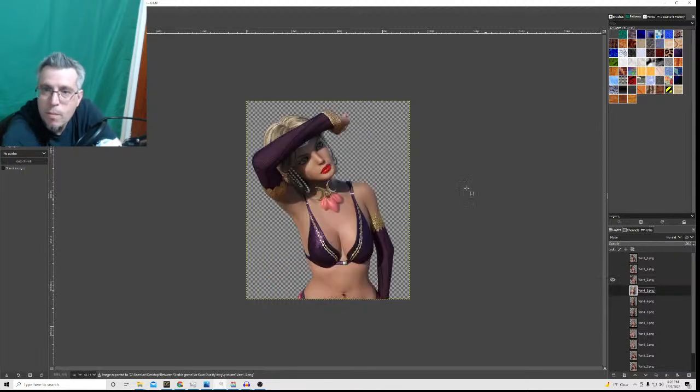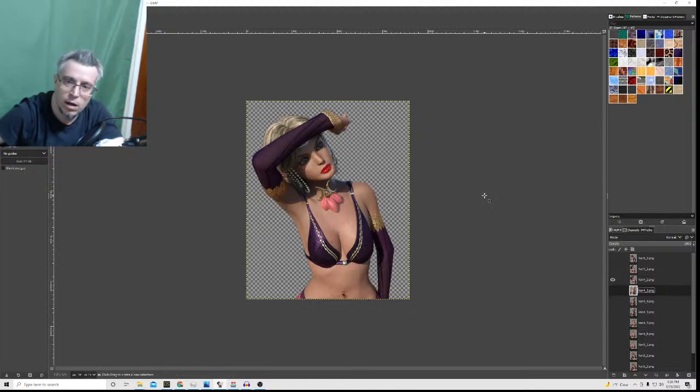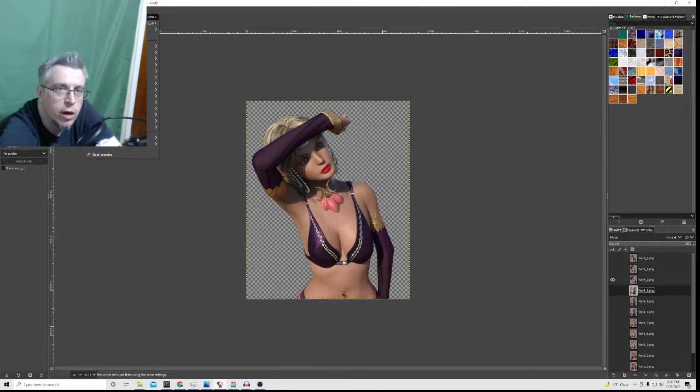Let's go to 2. Now this one's a little different. Because of where her arm is, I don't necessarily want to do anything with the shadows, I don't think. Because there's a purpose for the shadow. She's got her arm up and it's blocking the sun a little bit. So with the shadows there, I won't really mess with it. However, we will go through there and